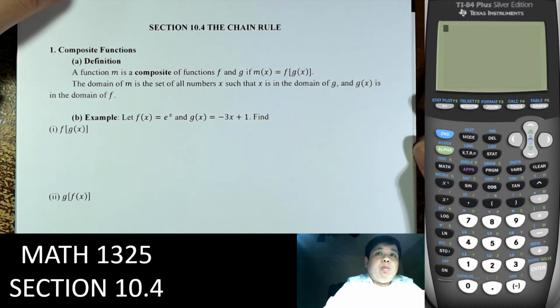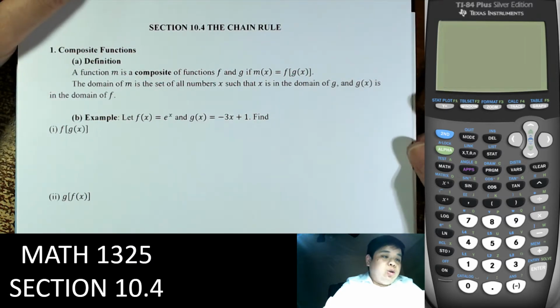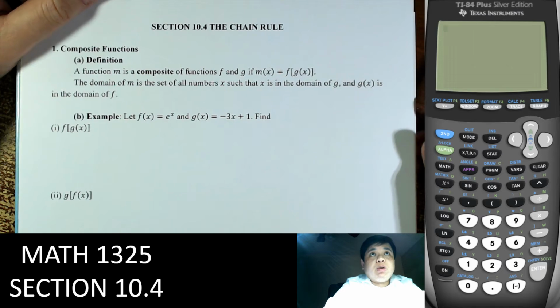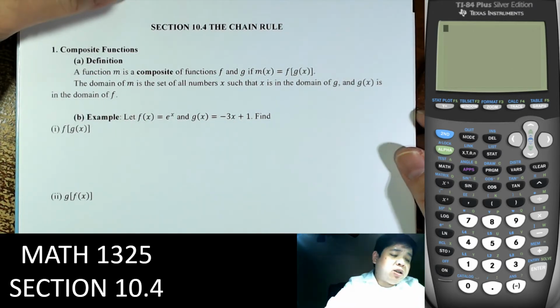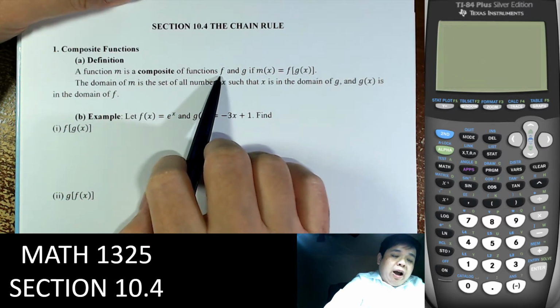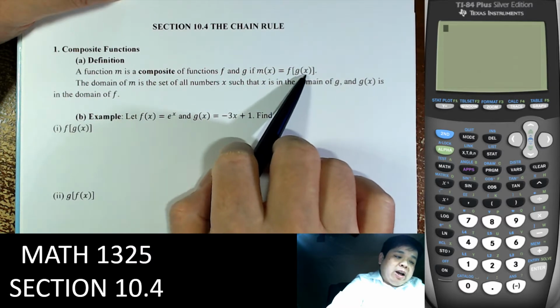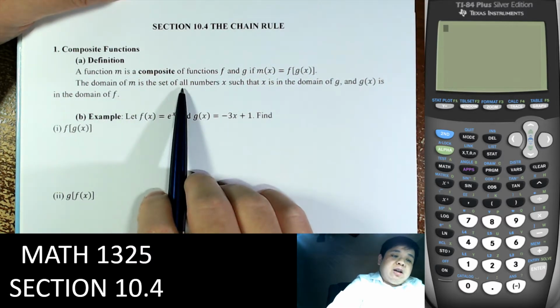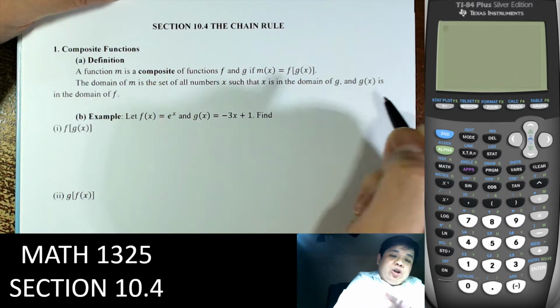This is a very important section. The chain rule allows us to find the derivative of a lot more functions, in particular composite functions. A function m is a composite of functions f and g if we write m of x is equal to f of g of x. The domain of m is the set of all numbers x such that x is in the domain of g and g of x is in